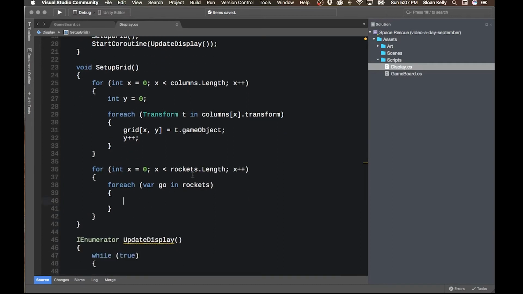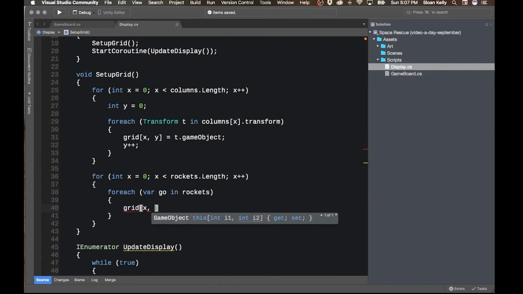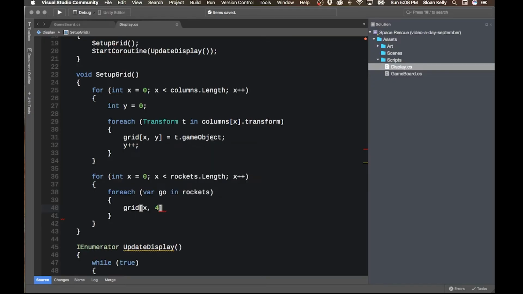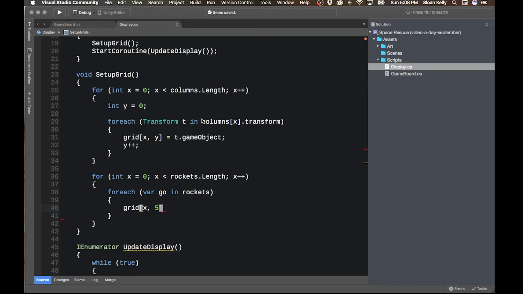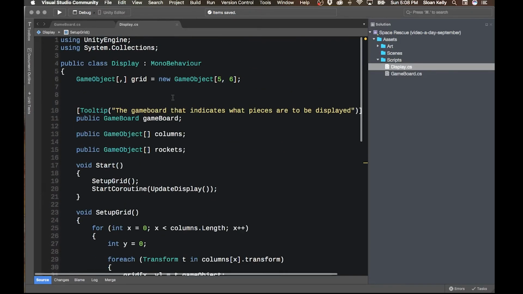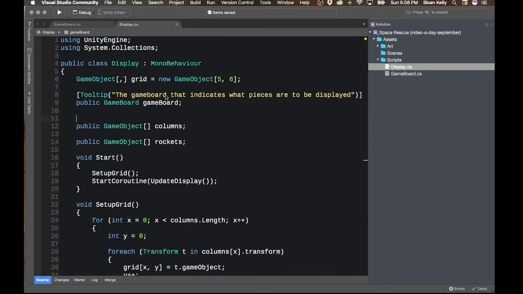Then that is going to be grid, and then it's going to be x comma, and then it's the 0 1 2 3 4. Wait, 0 1 2 3 4 5. It's going to be the fifth grid element equals game object. Okay, and so that sets up that,